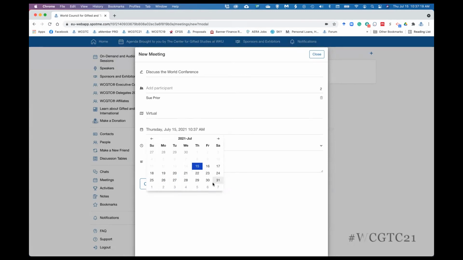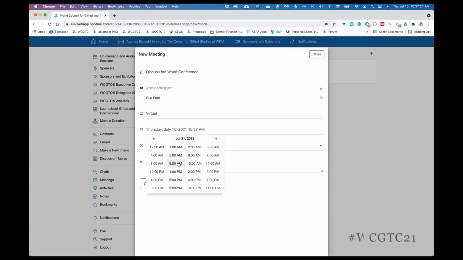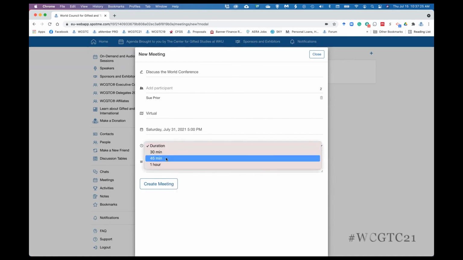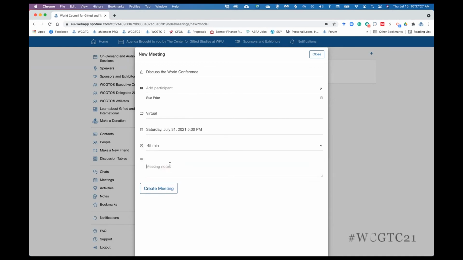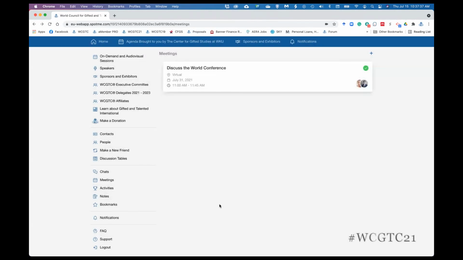So let's say it's the first day of the conference at 5 p.m. Then choose your duration, 45 minutes. If you have any notes that you want to put in here, then you can create the meeting. And Sue will get information about that meeting there as well.